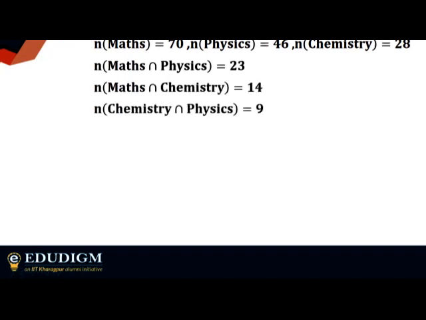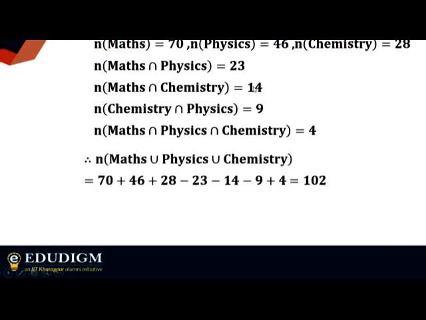Ultimately, what you're going for is the number of students who are not opting for anything, which is exactly 140 minus the union of the three sets. So you just take the union of the three sets. I'm sure it's going to be okay with all of you. It's not very difficult. If you are asking for people who have not opted for anything, it's the same as the total student strength minus the number of people who have opted for at least something, which is the union of these three sets. I hope this is clear with all of you.